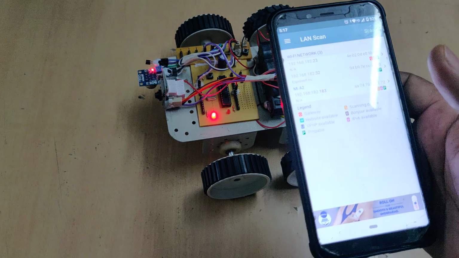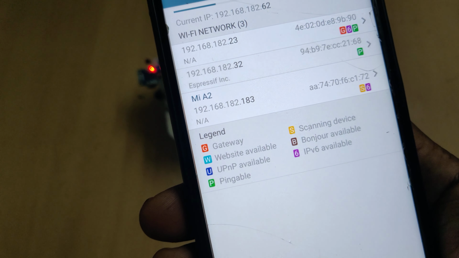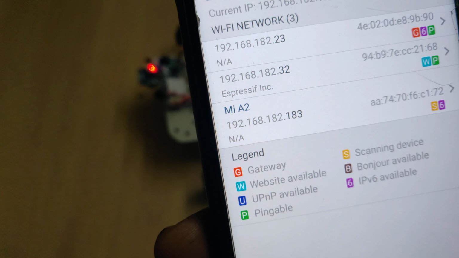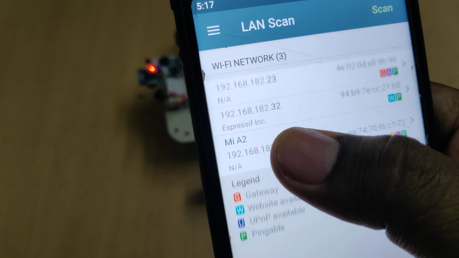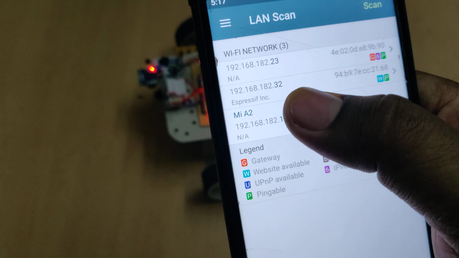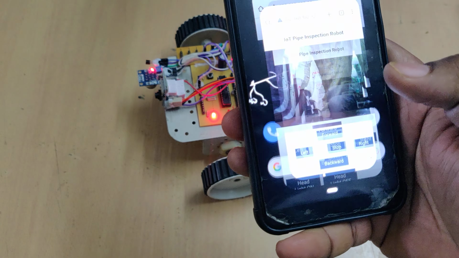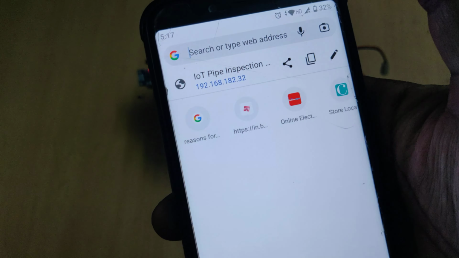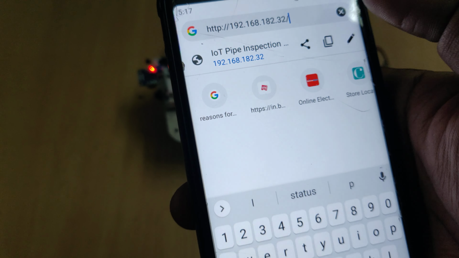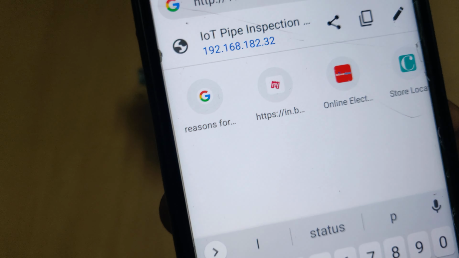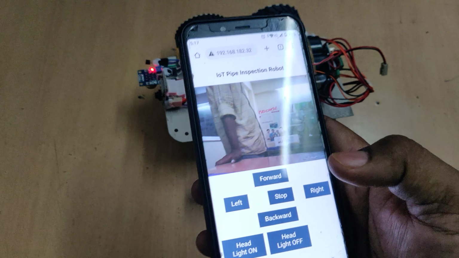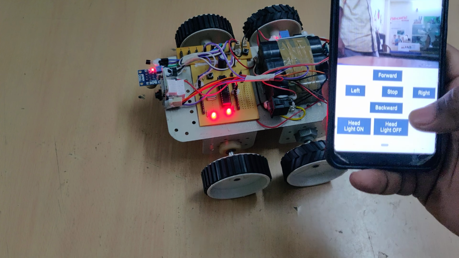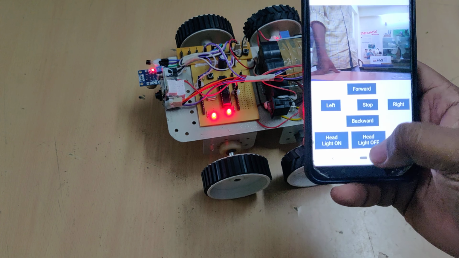Once you switch on the kit, you can see one device is connected to your phone, and do the scan here. There you get the ESP device ID number. Note down that IP address: 192.168.182.32. Now go to Google Chrome and enter the same IP address over here, in this format, and enter. So there we get the robot's visualization, and now you can see